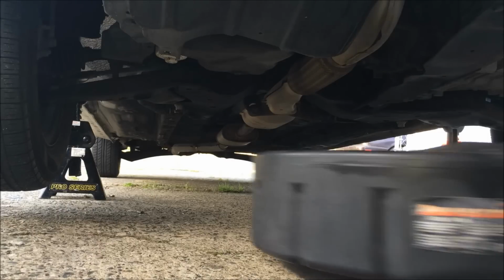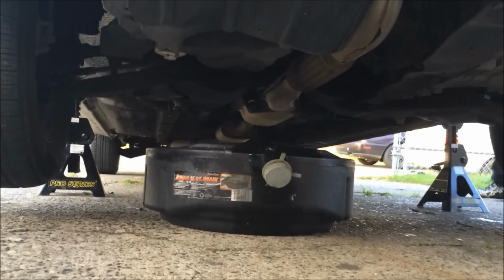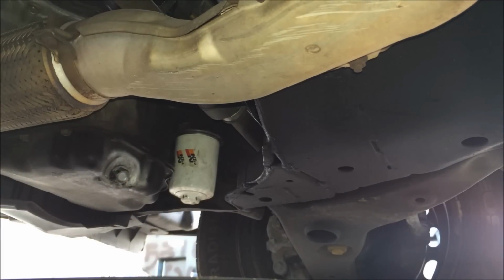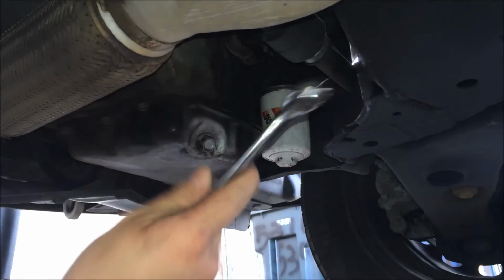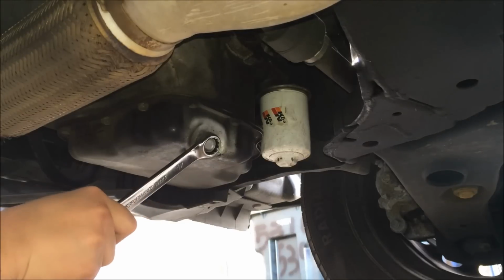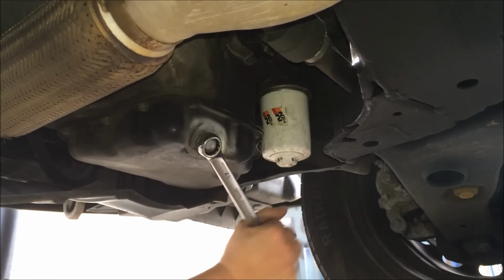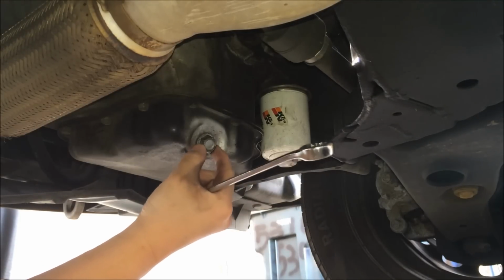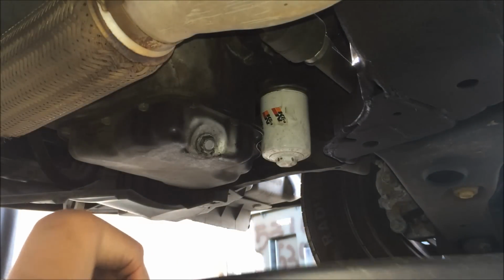Slide in the oil pan. Here's the oil bolt, oil filter. Take your 17-inch wrench and break loose that bolt right here. Okay, it's nice and loose. Then take your oil pan